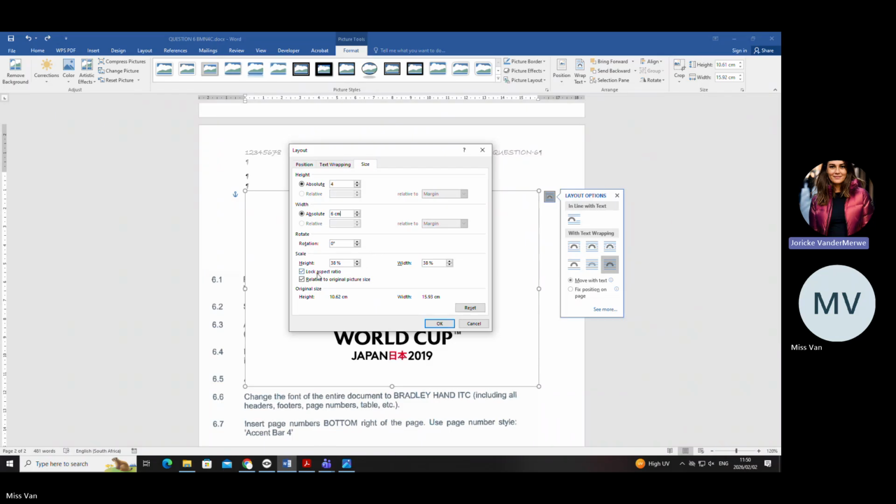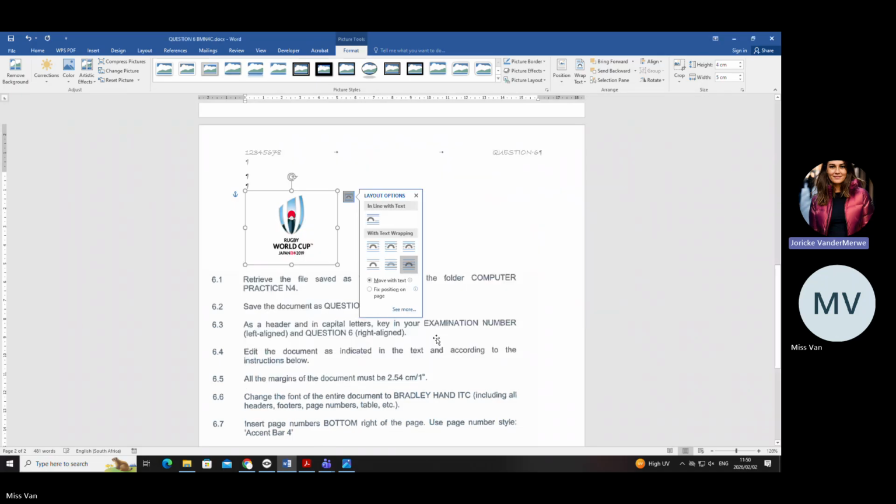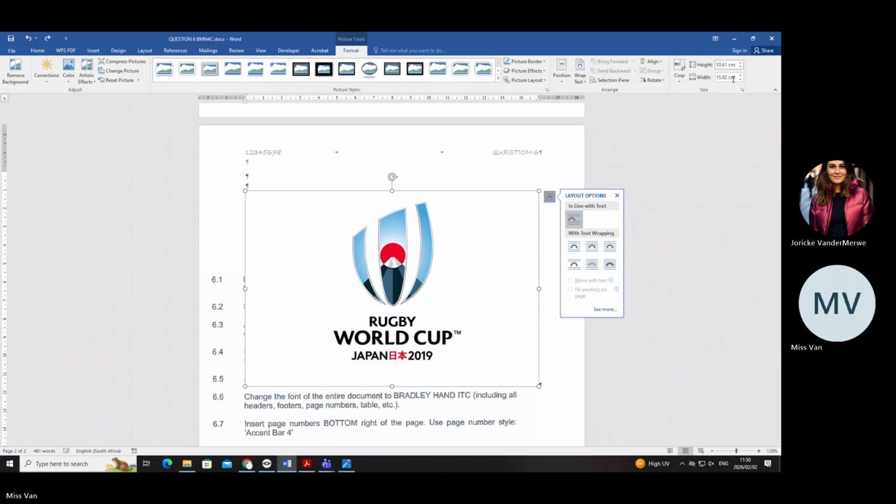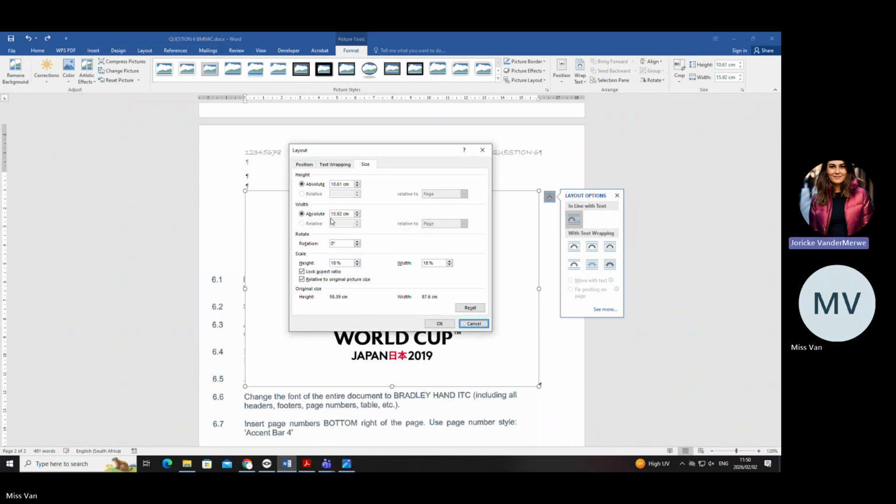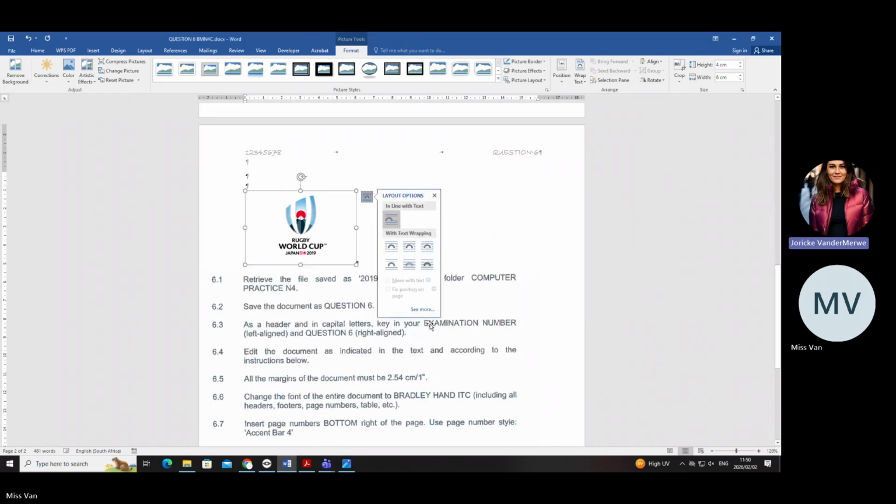But if you have a dimension for the height and the width, then you must take this off and then you can maybe say 4 by 5. Okay, and then it will keep that. Are you with me? Okay, so let's quickly look again because I only asked the height and not both. I can change it to 4 and say OK, and it will be changed in ratio.